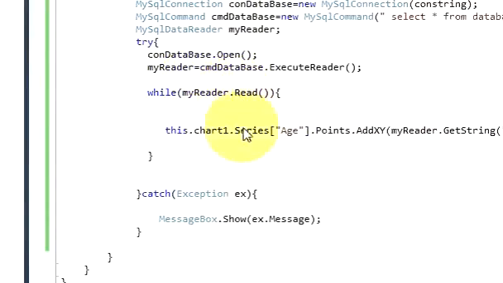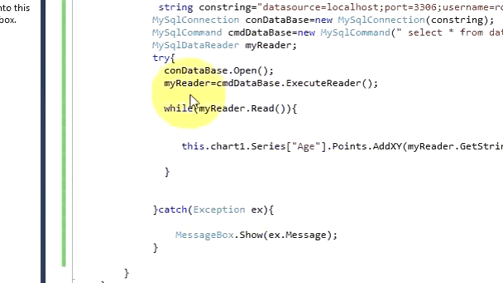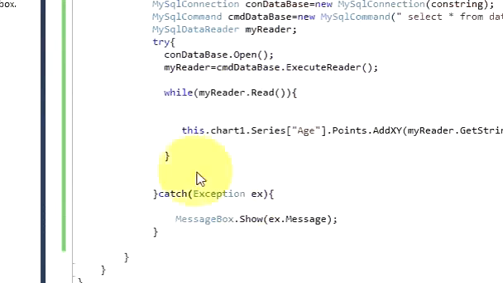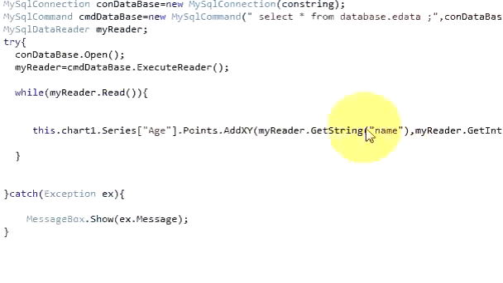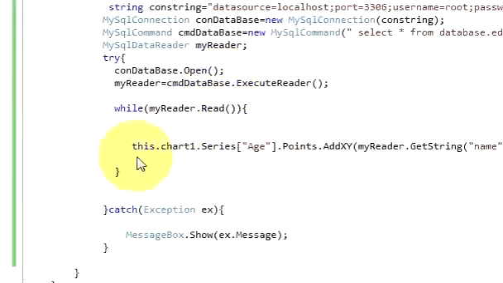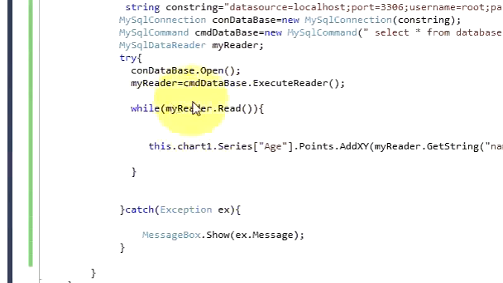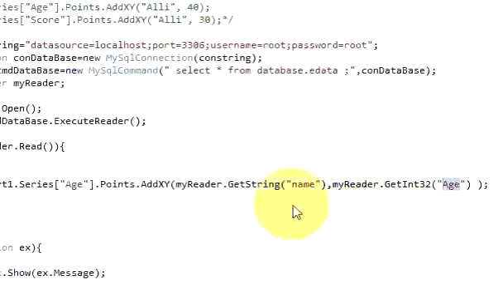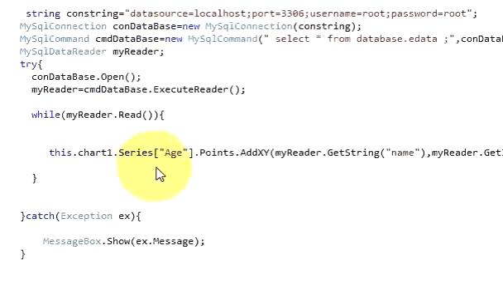Okay, so basically we are running this into the loop, so it will go through every row and it will put into your chart, right? So it will keep on reading until the table completes. So if you want, you can just copy the code from here. I think screen is not capturing the whole code, but you know what to do. Okay, so just pause the video and copy the code, and let's try the